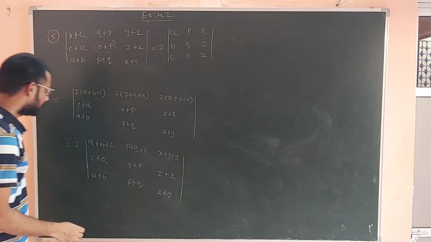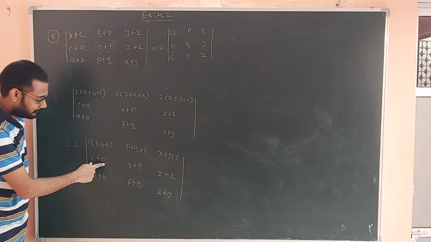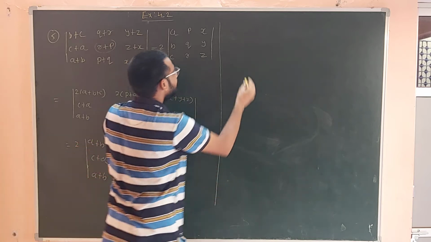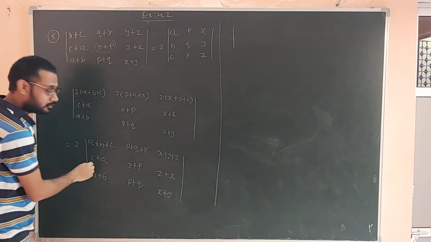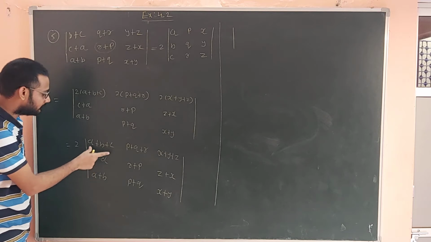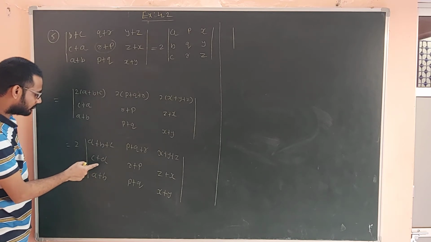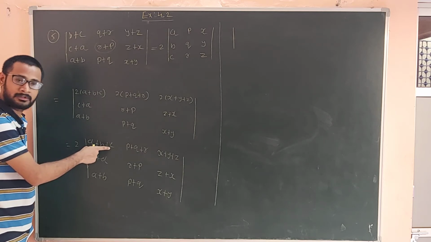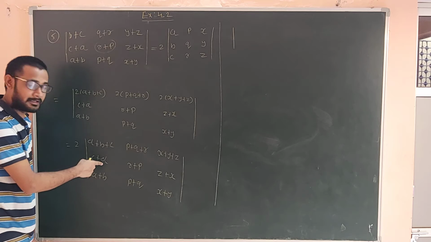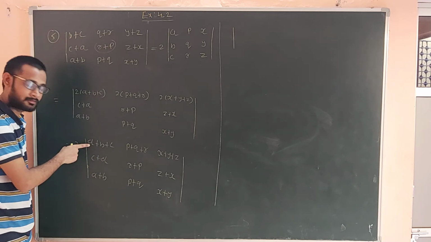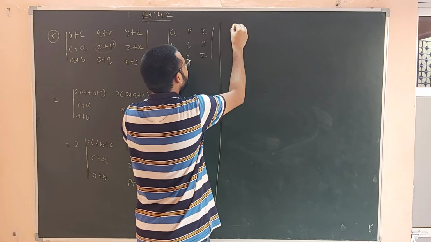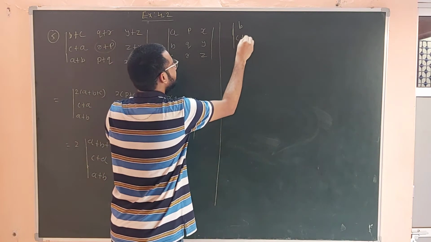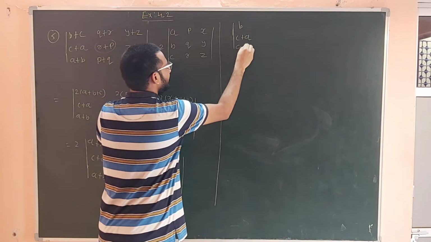Okay. Now I multiply C plus A, means row 2 with negative 1. I multiply row 2 with negative 1 and add into the row 1. So here what remains here? Positive C becomes negative and add into the here. So C cancel out. Again here A multiply with minus 1. So minus and plus A cancel out. So what remains? Only B. Okay. Then C plus A as it is, and here A plus B as it is.